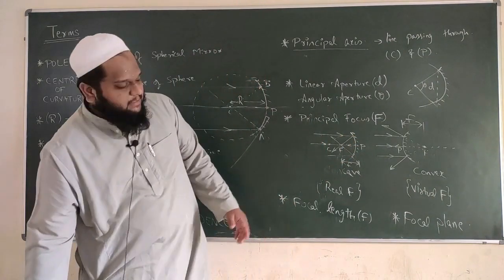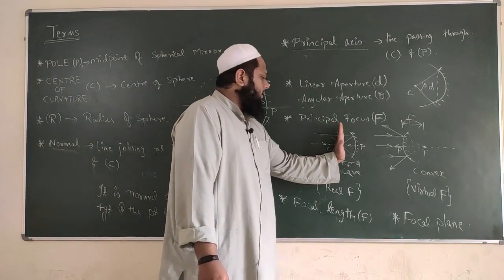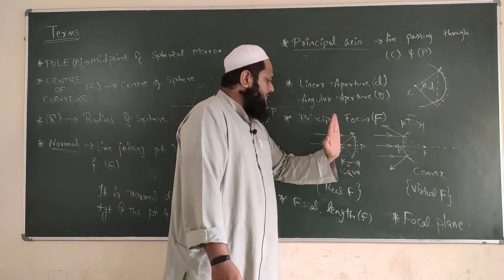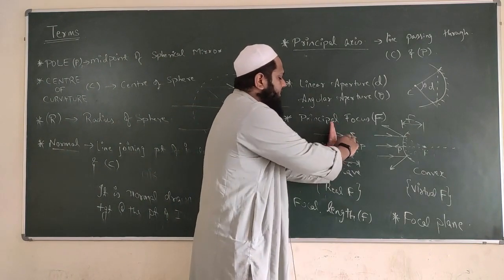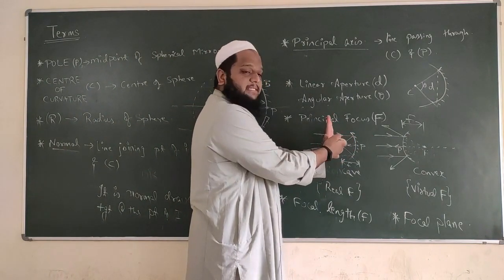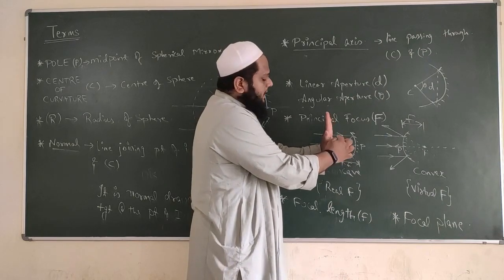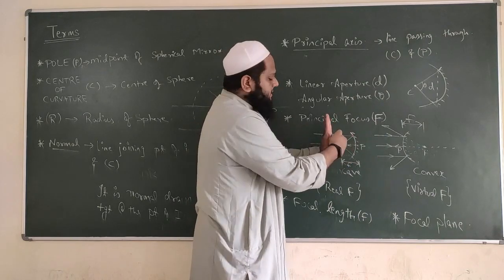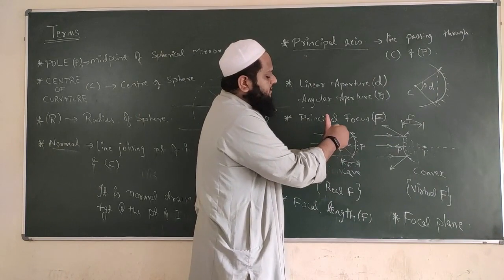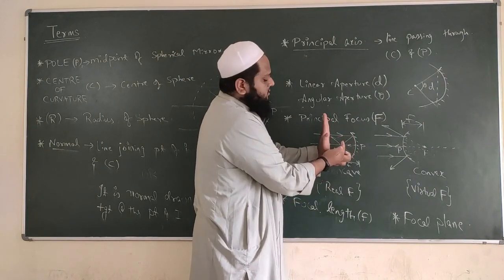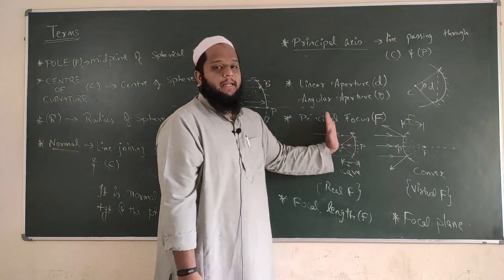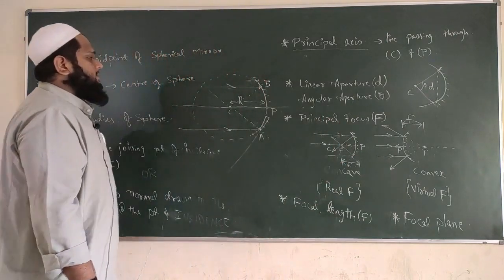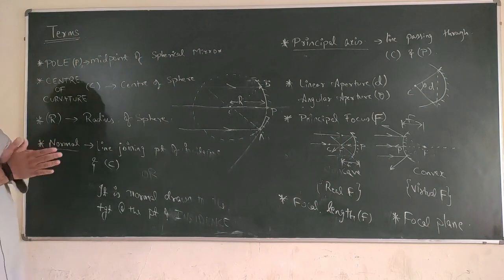So basically, this is 2D. If I have to show it properly, this is the principal focus. I'll keep the plane over there, and I'll keep it perpendicular to the principal axis. Now, the principal focus is in the center of this plane, and the principal axis is passing through it. The principal axis has to make an angle of 90 degrees. Then this is your focal plane. So this, I hope, completes your terms.